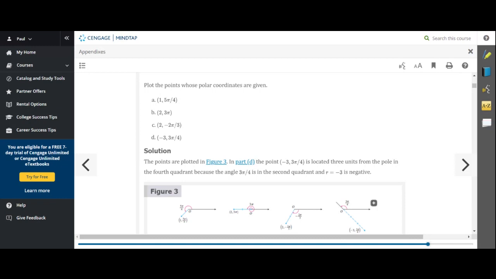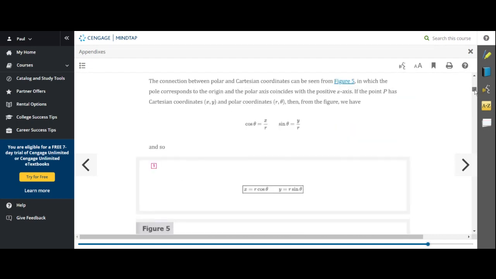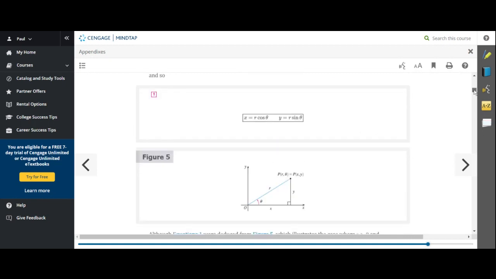All right, of course, in WebAssign, they'll give you polar coordinates, and then they'll give you 4 choices. You have 2 tries to get the right choice, so, multiple choice. Okay, now we move on here. We move on to,